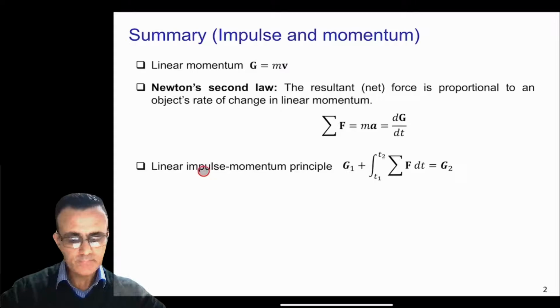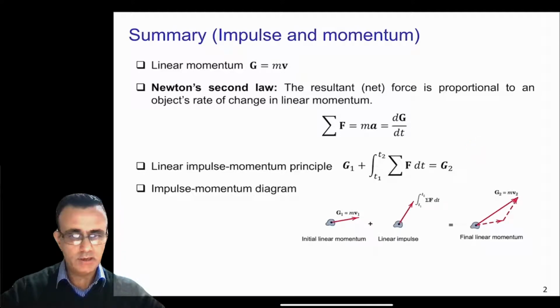And then we introduced the linear impulse momentum principle. As you can see in this equation, you have g1, which is the initial linear momentum, and then you have this term here, which is what we call impulse, which is the integration of forces from t1 to t2. And on the right hand side you have g2, which is the final linear momentum. So this equation says that initial momentum plus impulse equals the final linear momentum of